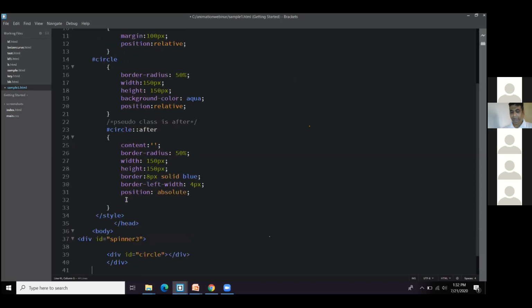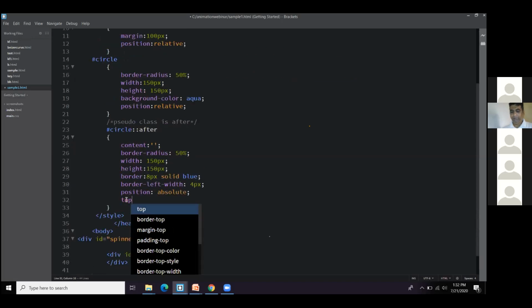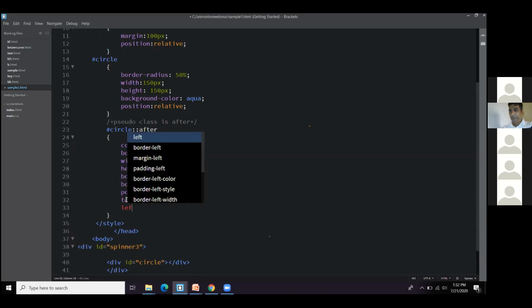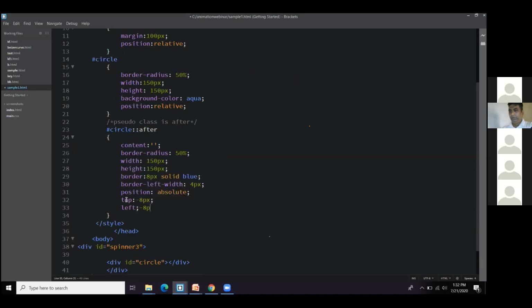We need to position it as well. And top value, I'll take it as -8. I'll say you why I'm going to take the top value as -8 as well. So I'm taking here -8 pixels. Left value, I'm taking it as -8. Let's see here.